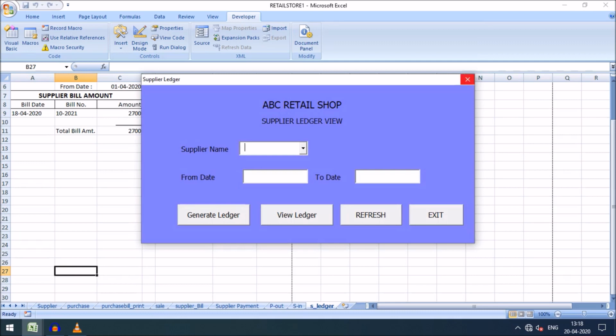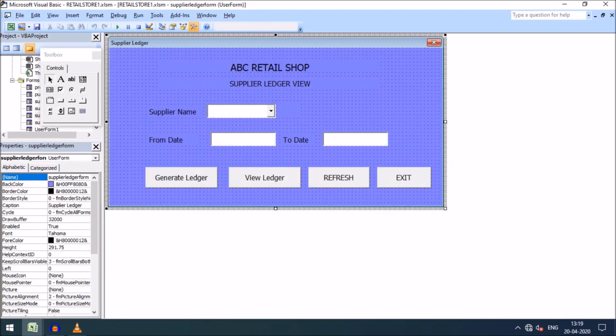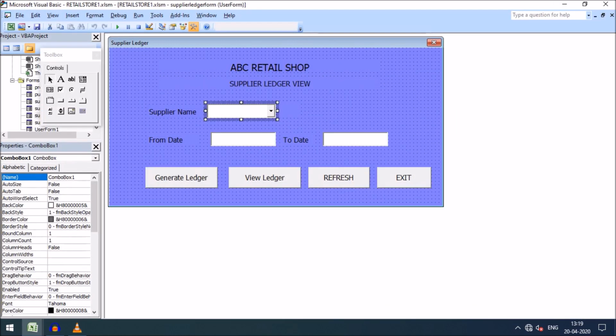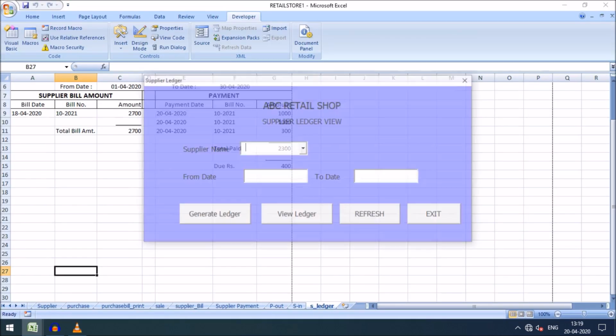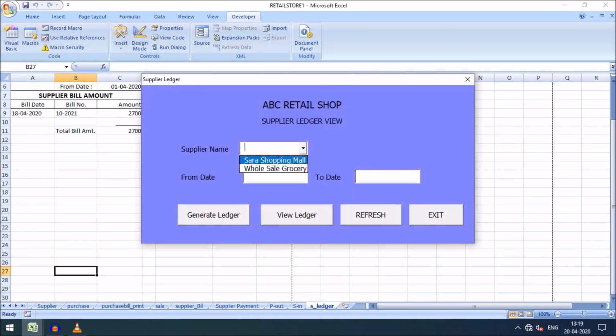So like this, I want to show you how I did this. Friends, you know how to write code to add items in the combo box or list box in the initialize event.